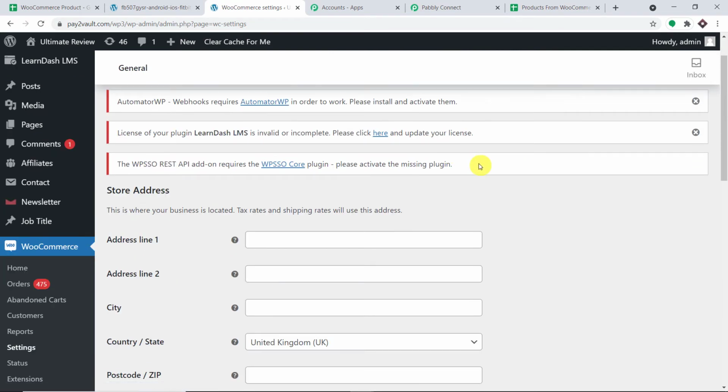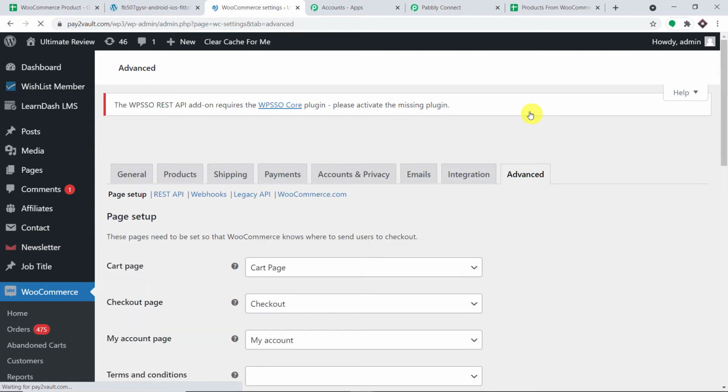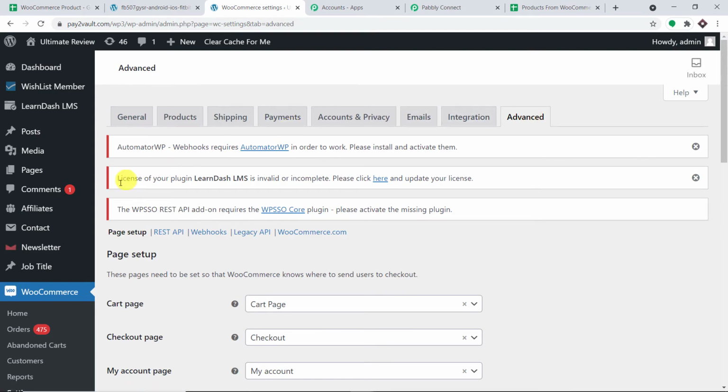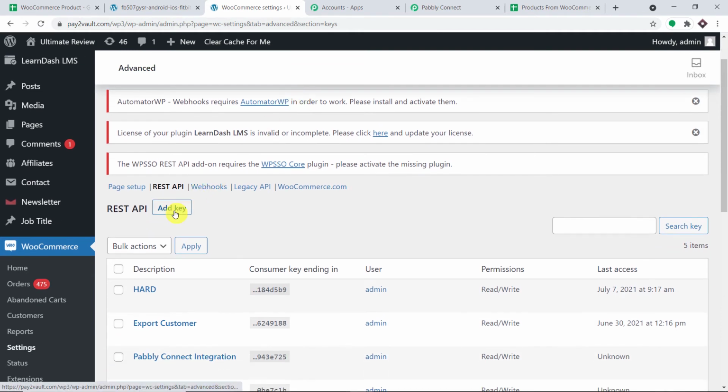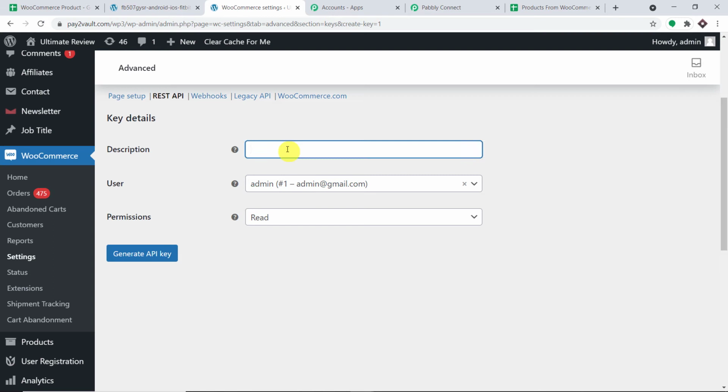You click on settings. Okay, so this is the settings page. Excellent. And here once again, you just go to advanced. Now in the advanced tab, all you have to do is click on REST API. Click here. Okay, and we have to add a new key, so let me click on add key. Here we have to fill in some description. I'm just going to give a random description. So how about Google Sheets blank.